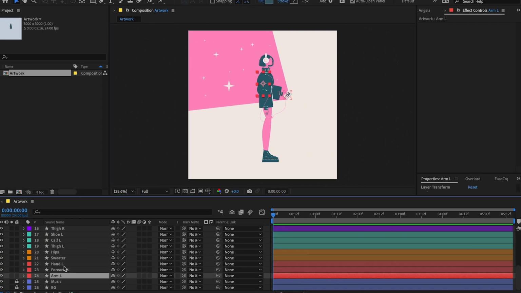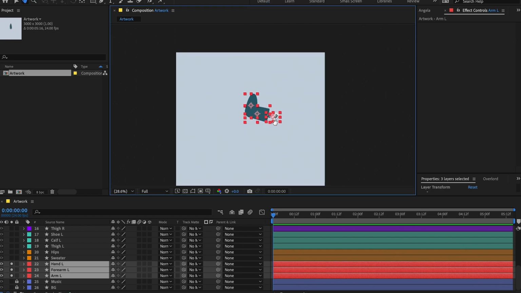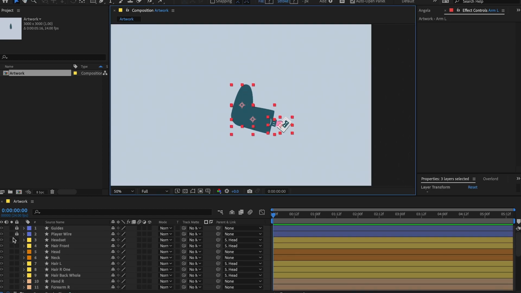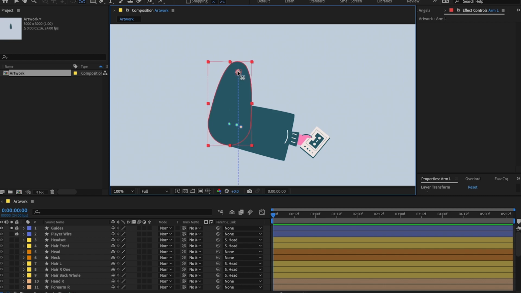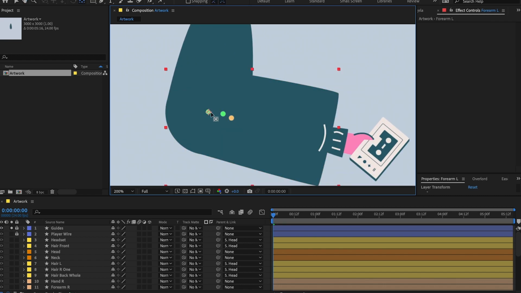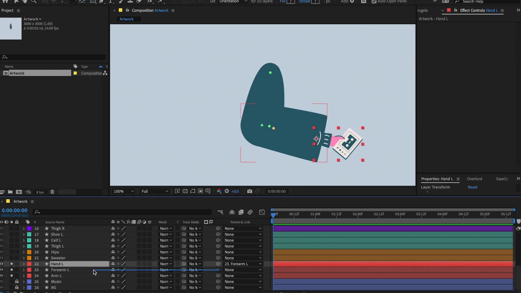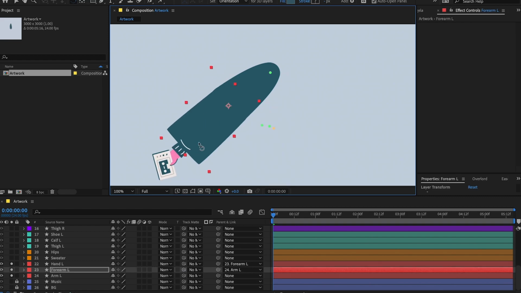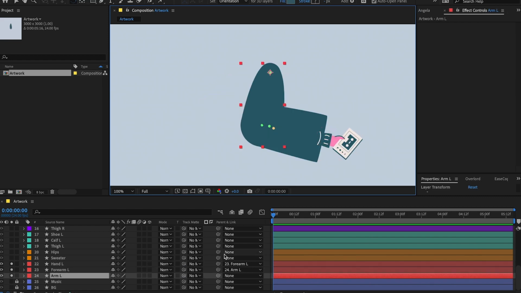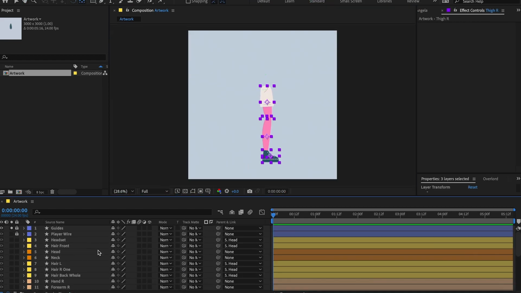Next step is placing the anchor points in the places where the layer is going to be rotated from. So let's go limb by limb to not miss anything out, and I'm using the guides I created in After Effects to place the anchor points. So for the right arm the anchor point goes here, for the arm here, and for the head it doesn't matter that much, so I didn't create a guide, but roughly about here. We can parent the layers to each other to see if everything works correctly, and if it's good, repeat for the other layers. Okay, and now the shoes.